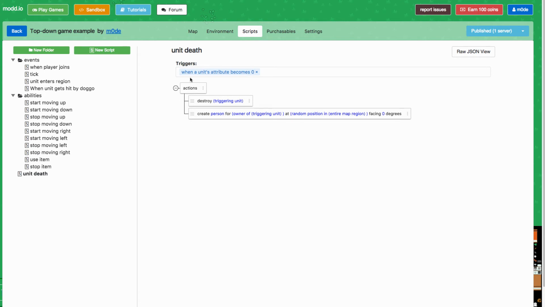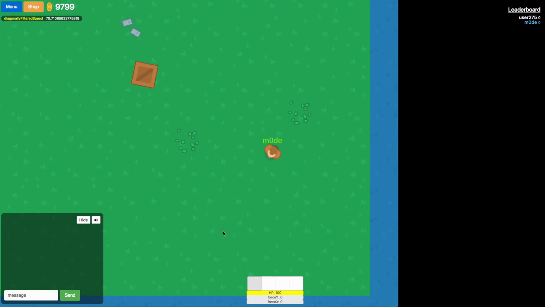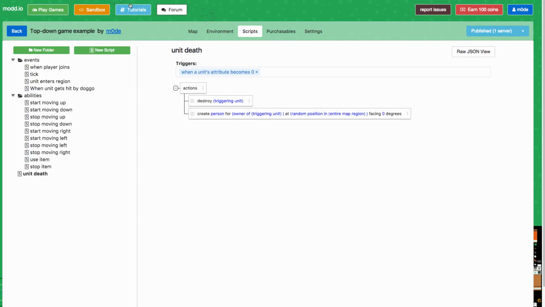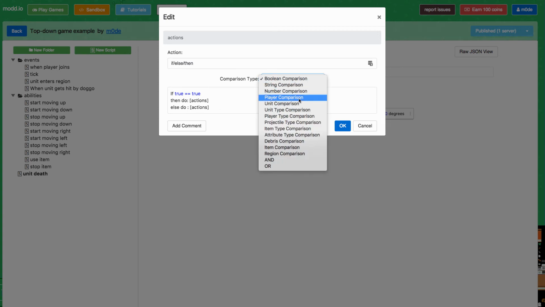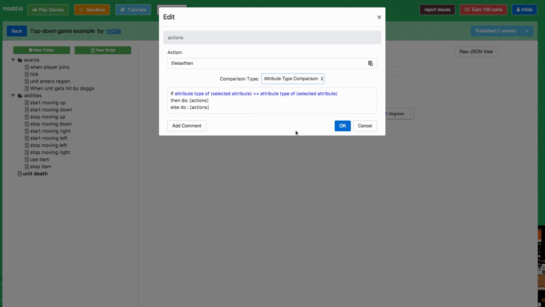That's just funny. Because the trigger happens when a unit's attribute becomes 0, right? What was happening was that the unit force y was becoming 0 after a while. So if I was to go up, the force y is going to become -1. It goes under 0, so that script is triggered, and therefore the unit gets destroyed. So one thing I should have done is I should have added an if condition to make sure that the attribute that's triggering the event